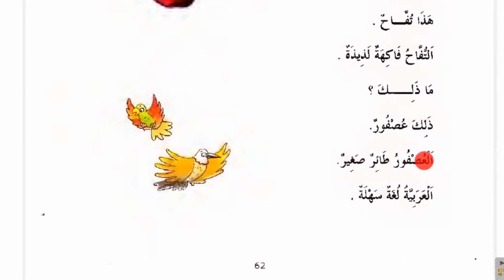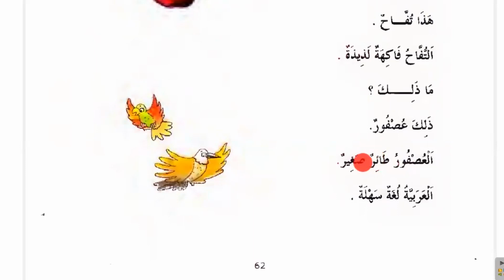So he answered, "Zalika usfurun." What is usfurun? Usfurun is this one, sparrow. A type of bird, a small one that they call a sparrow. That's what we call usfurun. Al-usfuru